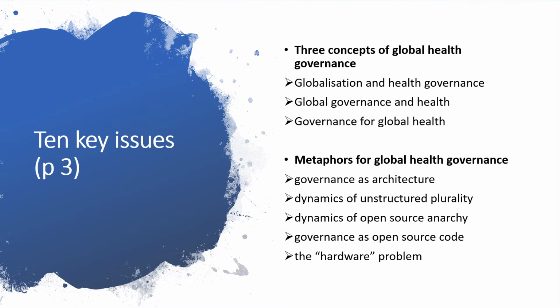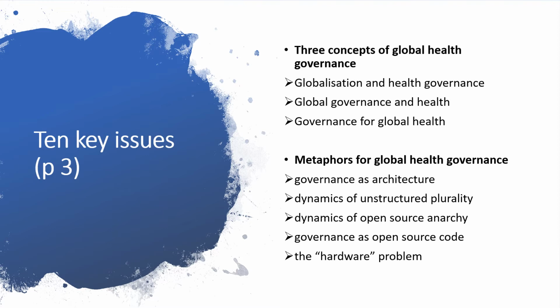The second concept is global governance and health. This would refer more to how more general global governance structures influence health or incorporate health problems. So examples were given like the Structural Adjustment Program of the World Bank, which isn't essentially about health, but it very much affects global health because it determined how much funding could be going to health, both at the national and international level.